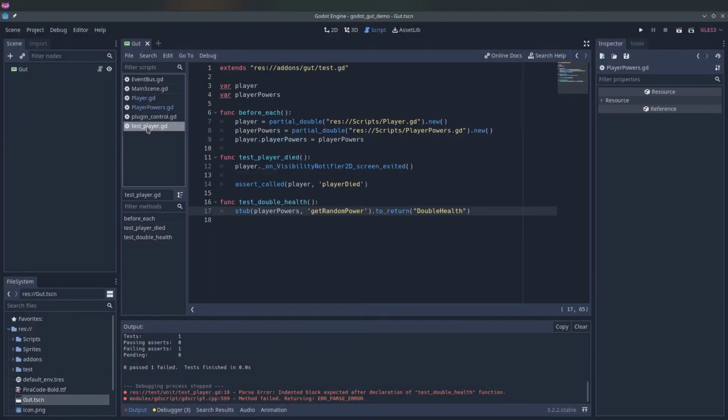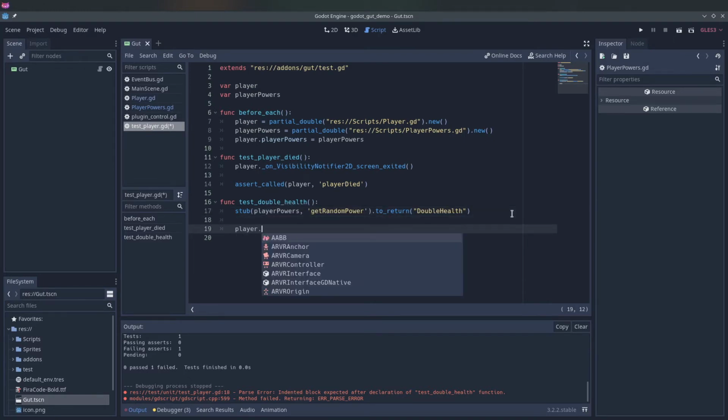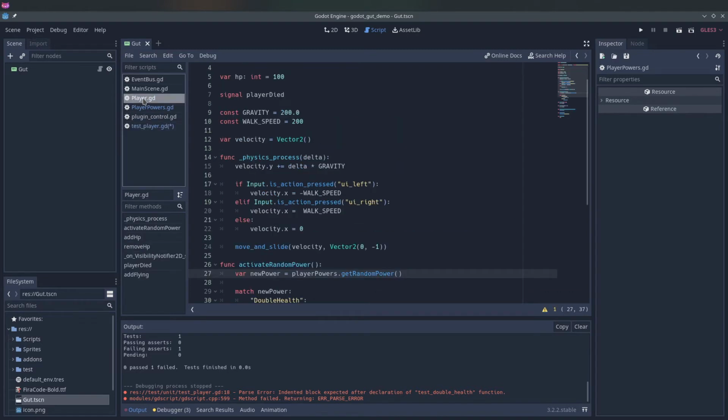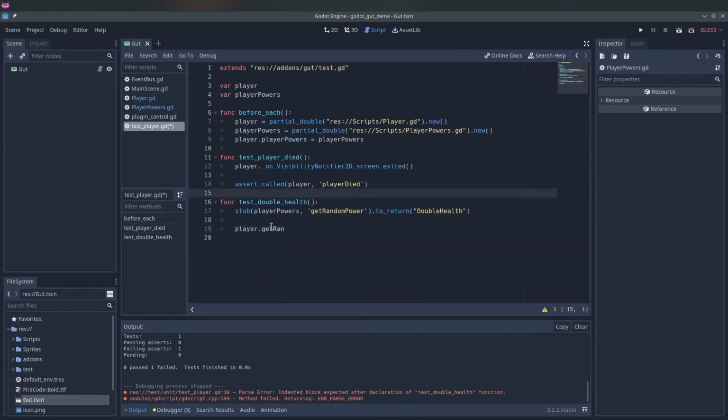Double health. So then we can do player get random power, activate random power. So when we call this, what will happen is